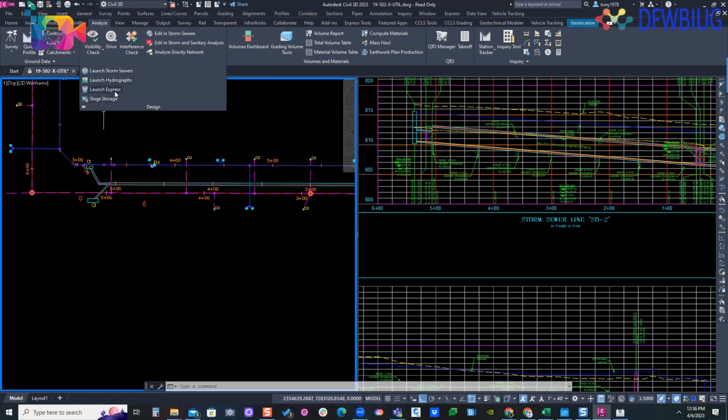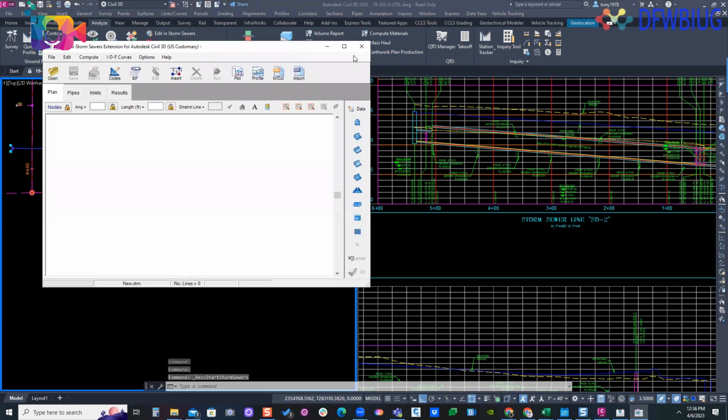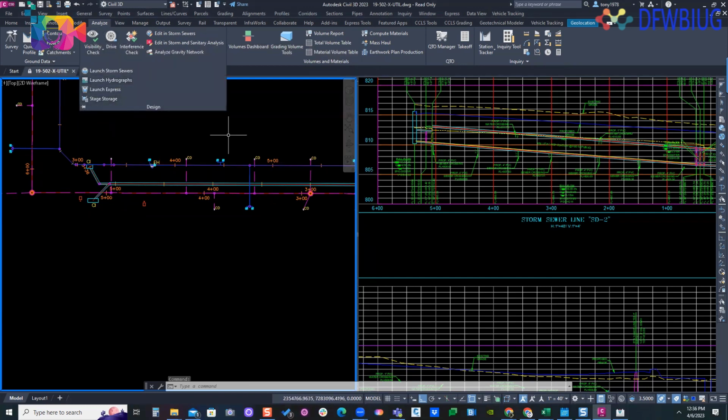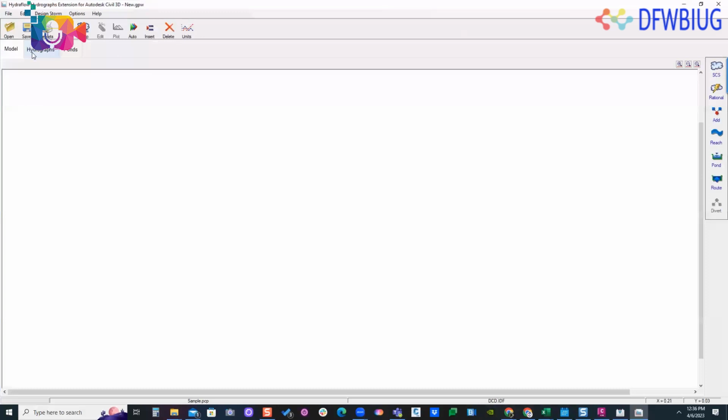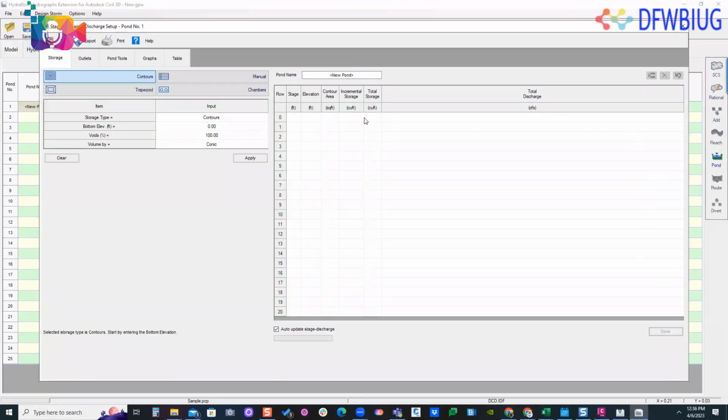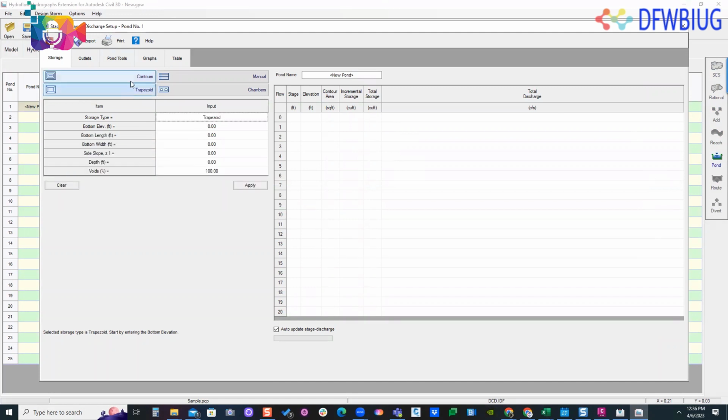Now, I think Storm Stores has a detention pond little app in here too. Let me see if it does. Could be wrong. It's the other one. It's the graphs, ponds, and you're inputting the values, the areas to calculate your pond in here. So I can put pond. So in here, yeah, you can go and create your detention pond analysis by trapezoid, contours, manually or chambers, and